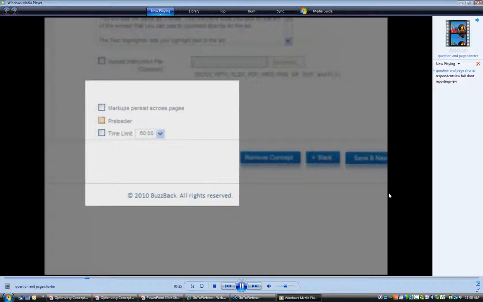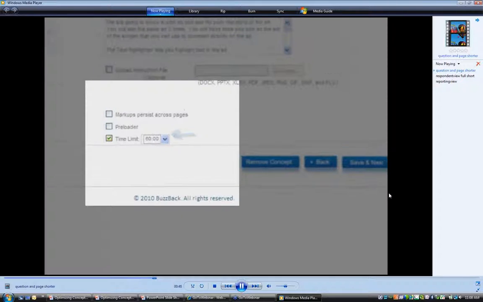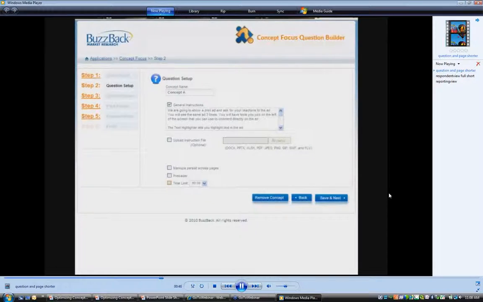do we carry across on multiple pages what you marked up before? Do we want to have a time limit in the application? You may have some types of stimulus that you want to limit exposure to 30 seconds or 5 minutes, and you can pick how long you want to allow respondents to view it, or you can leave it open-ended. We generally say 60 minutes is the longest we would want anybody. If you're spending more than that, probably you've stopped paying attention. But we can configure that per project.